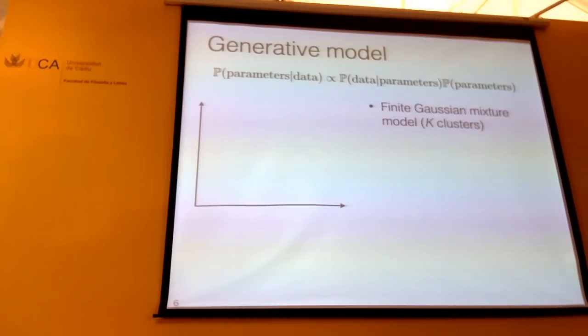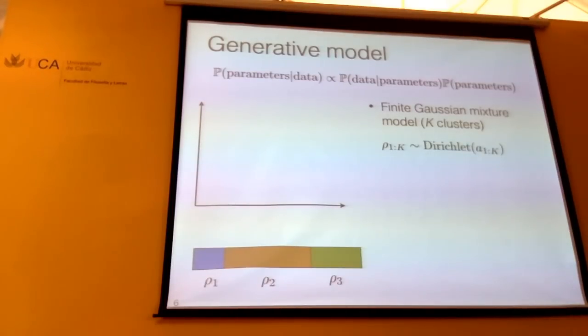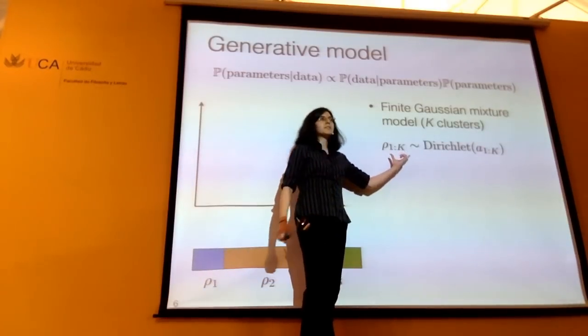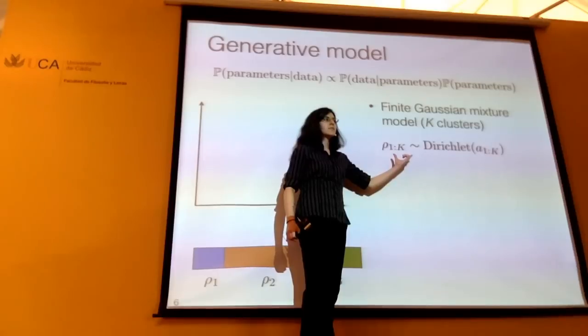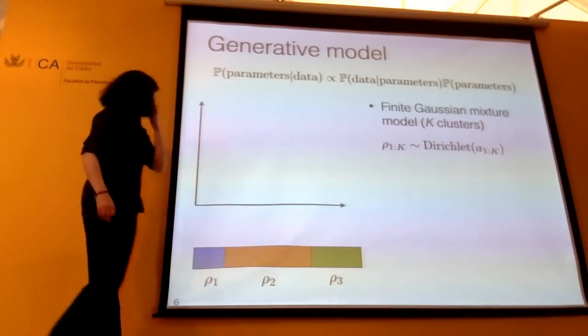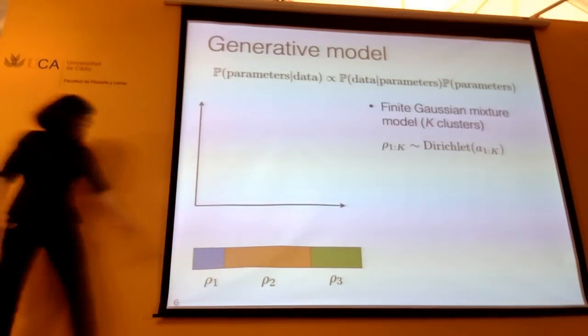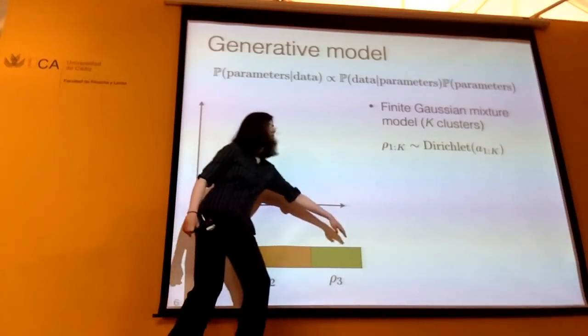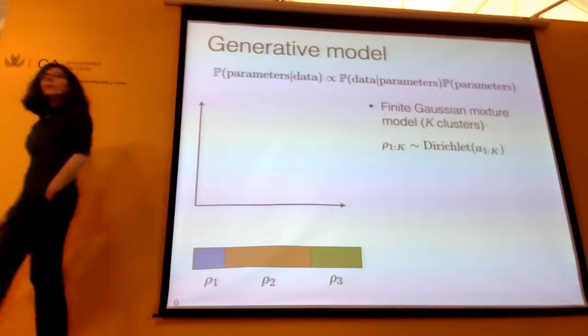Okay, well, we're going to do the same thing. What's our generative model? It'll be the same thing that we had before. But now instead of a beta, we're going to need a distribution that gives us numbers between 0 and 1 that add up to 1 and gives us k such numbers. So that's the Dirichlet distribution. So in particular, we'll take the draw from the Dirichlet. It'll be 3 numbers that add up to 1. We're again thinking of this as the interval from 0 to 1.